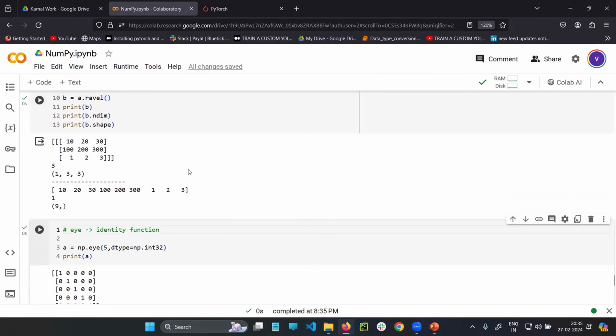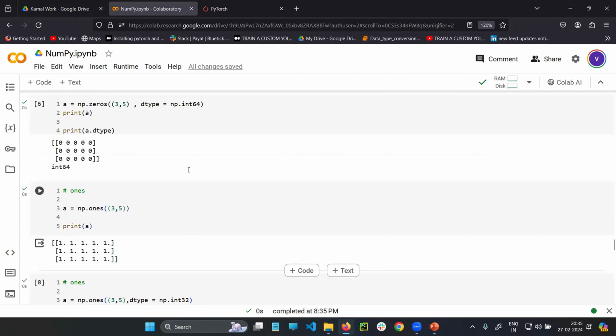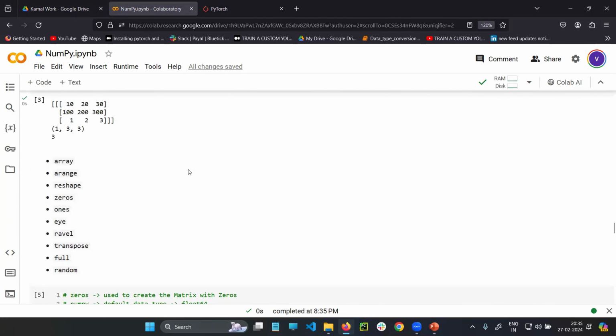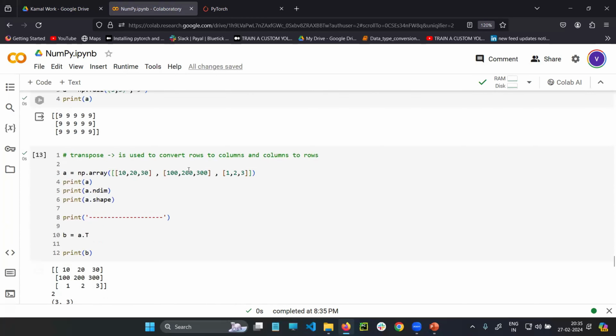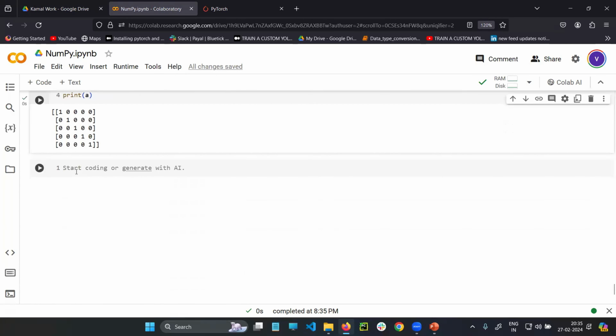Guys, understood? Understood about these functions? Array, range, reshape, zeros, ones, I, ravel, transpose, full. Understood, right? Okay. So, let's say, guys,